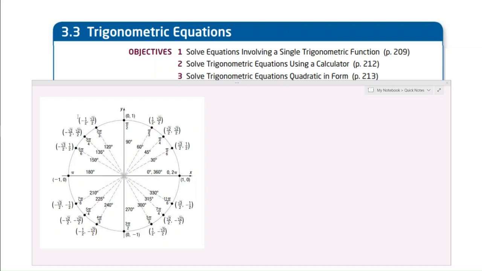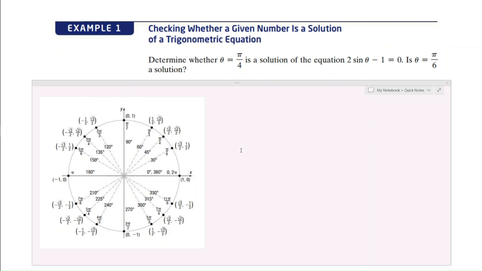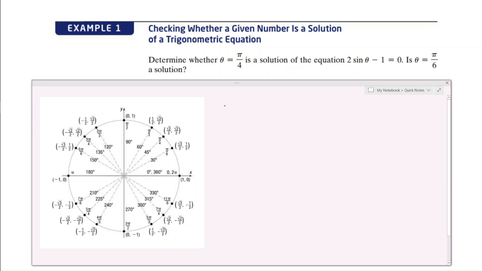Okay, class, we're going to take a look at solving trigonometric equations. In this first example, we want to decide whether the angle theta equals pi over 4 is the solution to this equation: 2 times the sine of theta minus 1 equals 0. So I'm going to substitute pi over 4 for theta. The sine of pi over 4 is the square root of 2 over 2,